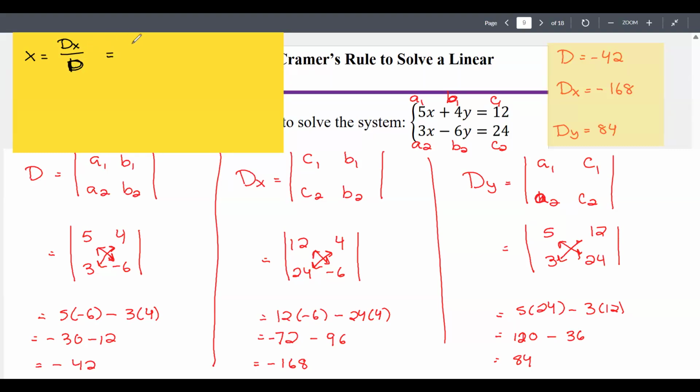So that would be the -168 over the -42, which should give you 4. Then your y is going to be your dy over your d. Your dy is 84, your d is -42, so this is -2. So what we have here for my solution,